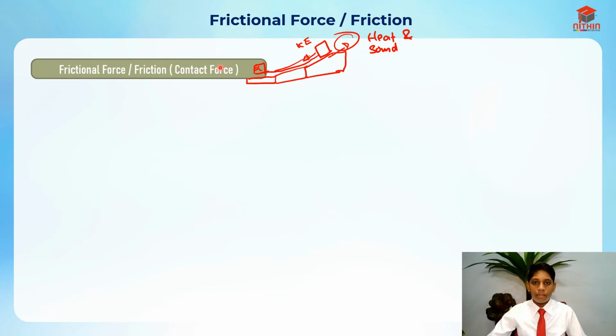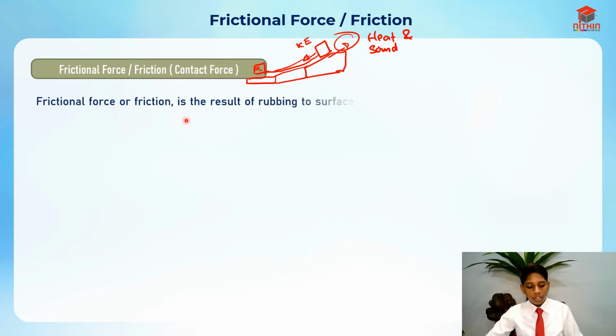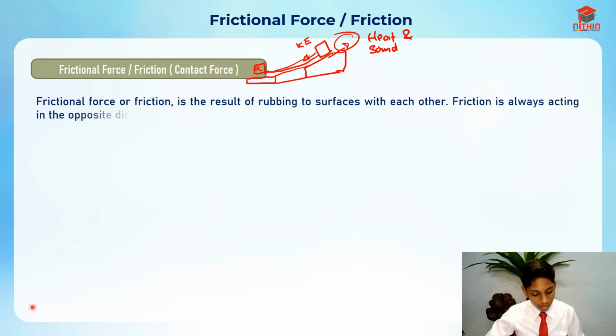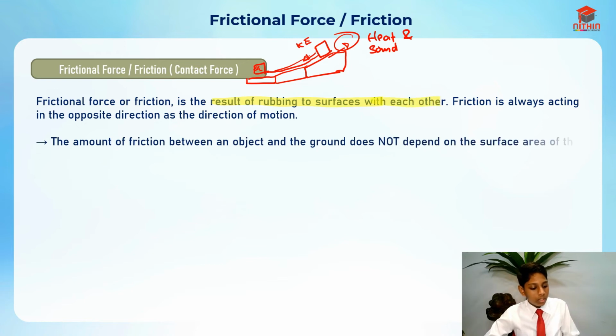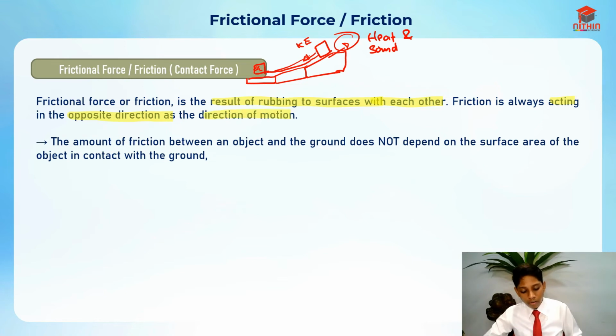that it is an opposing force and it is a contact force, because it is basically the rubbing of two surfaces. So when we are explaining, we say the friction between the box and the ramp. Yeah, we need to say that. The force of friction is the result of two rubbing surfaces. Like I said just now, friction is always acting in the opposite direction to the direction of motion. So this is basically an opposing